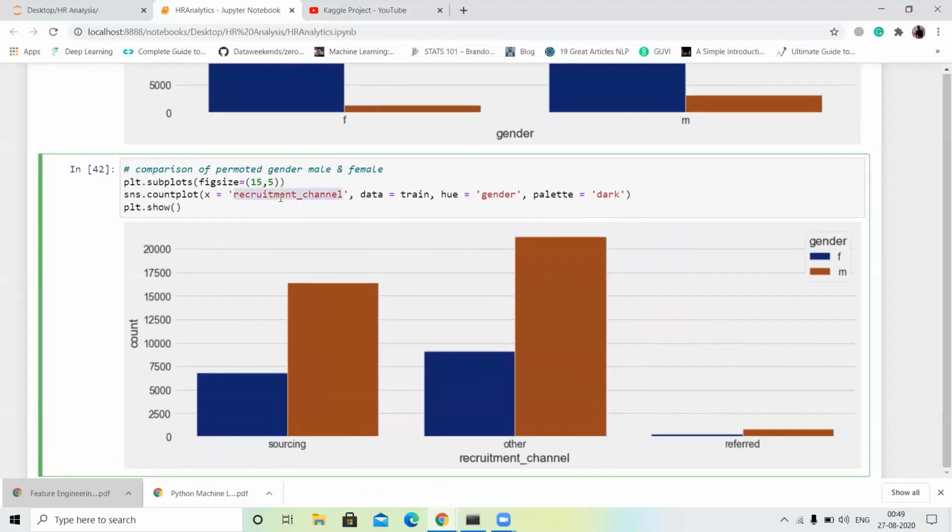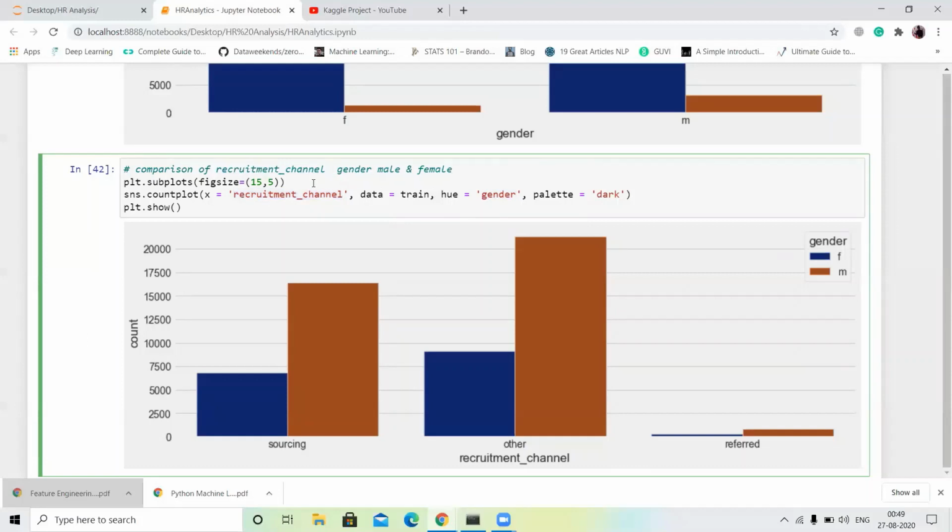Next column is our recruitment channel. In the recruitment channel, I plot a count plot. In the count plot, first of all I define x as the recruitment channel and hue is equal to gender. So we compare our recruitment channel and gender column.